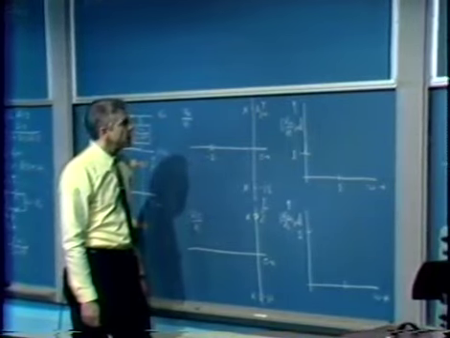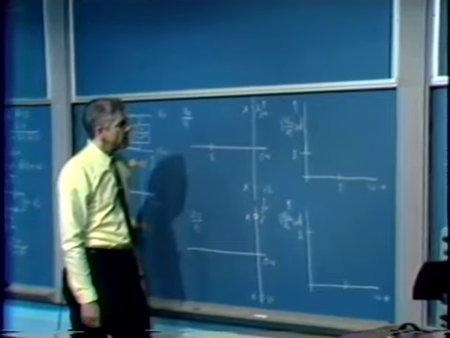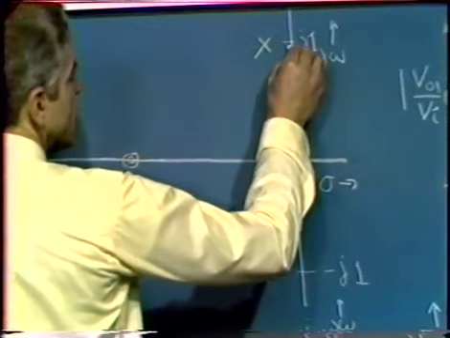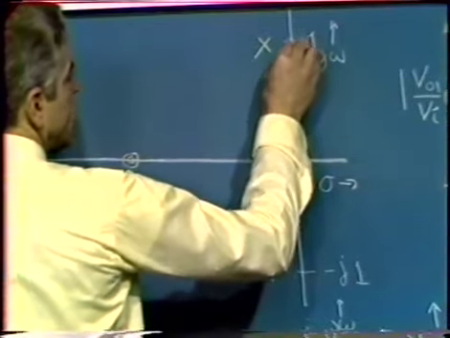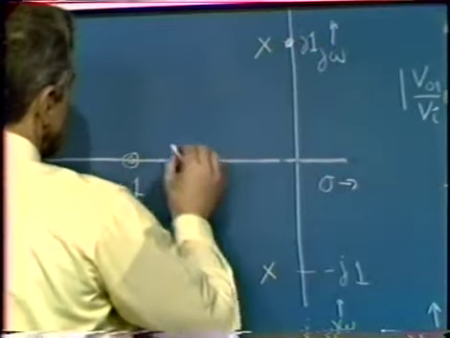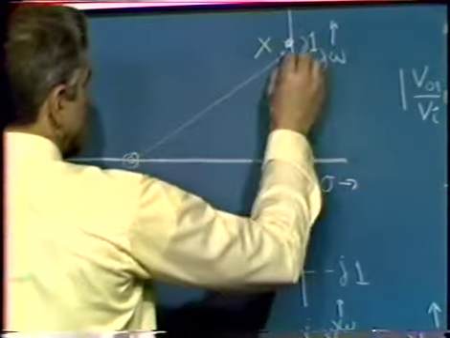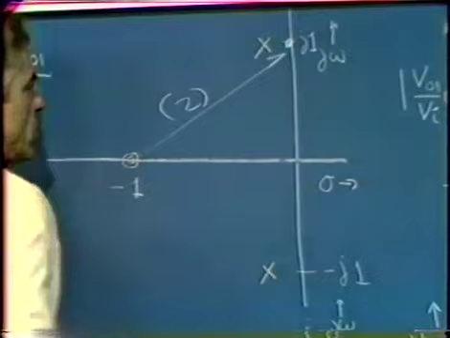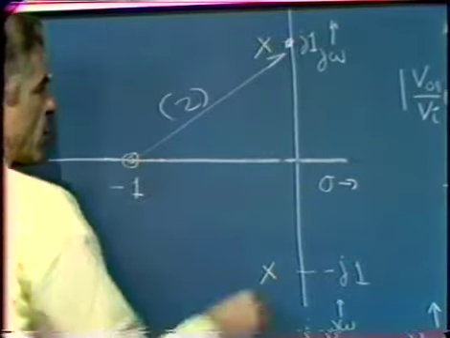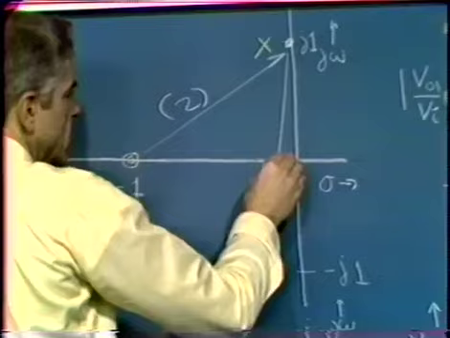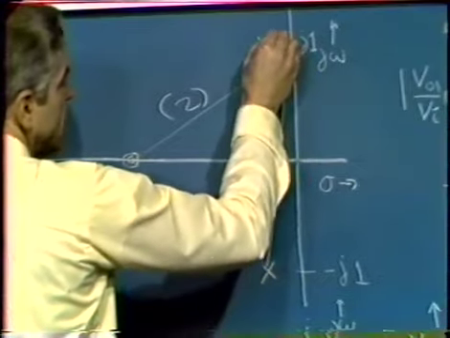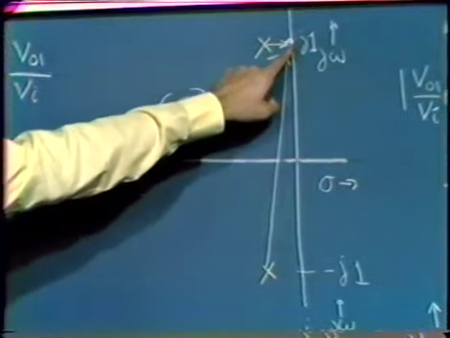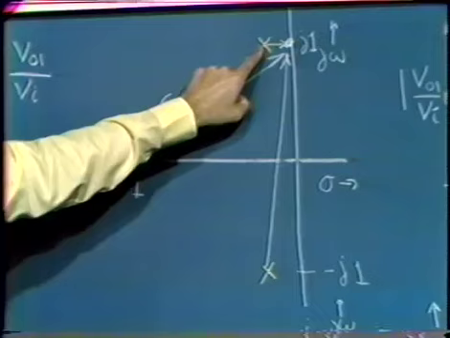The only place that the frequency response differs significantly from that value is immediately in the vicinity of a pole. If we evaluate the frequency response at this frequency, we get the product of the lengths of these two vectors. There are actually two in here, since there are two zeros. That's the numerator, and we divide that by the length of this vector and by the length of this vector. But this vector becomes quite small, and consequently,